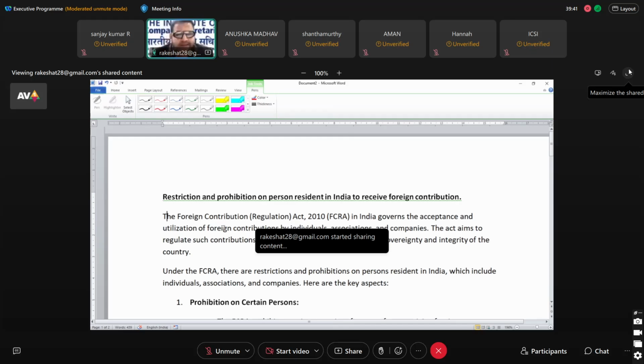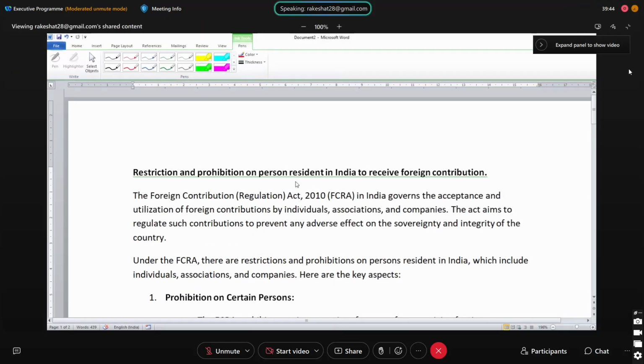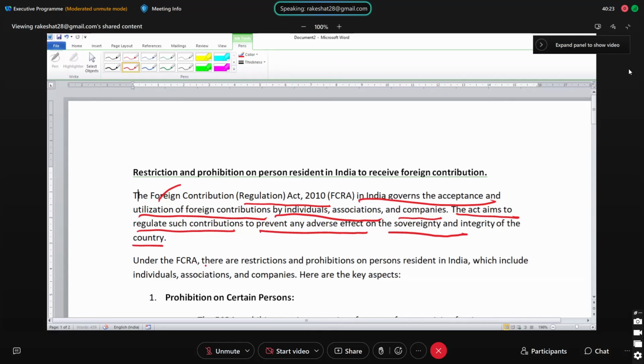Now the question is restriction and prohibition on persons resident in India to receive foreign contributions. This question is from FCRA. We have got a law which normally talks about the foreign contribution. The Foreign Contribution Regulation Act in India governs the acceptance and utilization of foreign contributions by individuals, associations, and companies. The Act aims to regulate such contributions to prevent any adverse effect on the sovereignty and the integrity of the country. Under the FCRA, there are restrictions and prohibitions on persons resident in India, which include